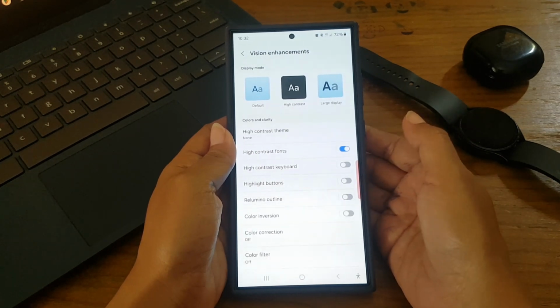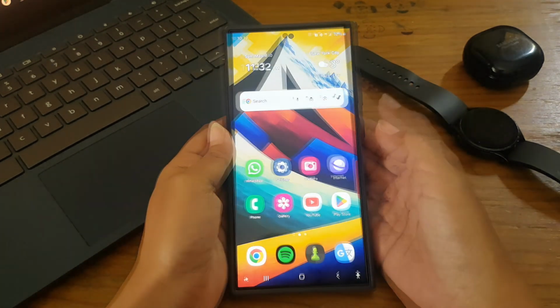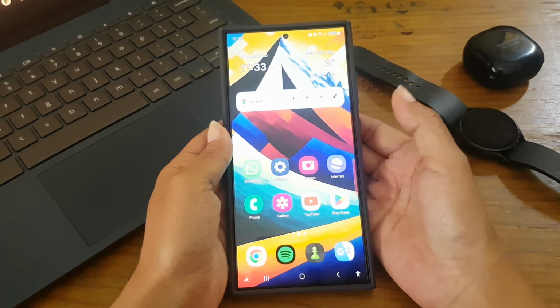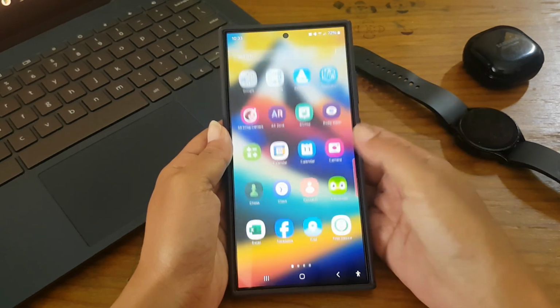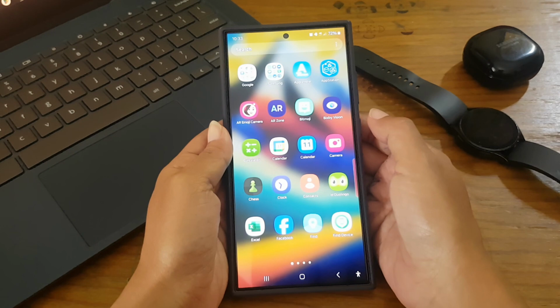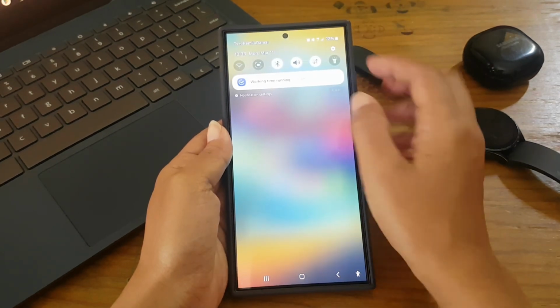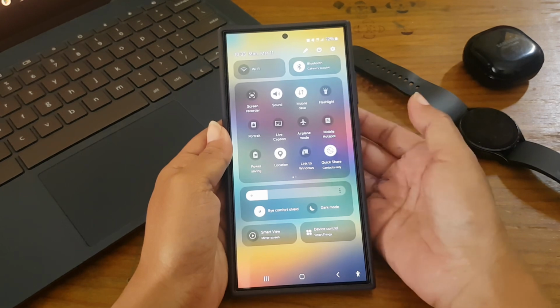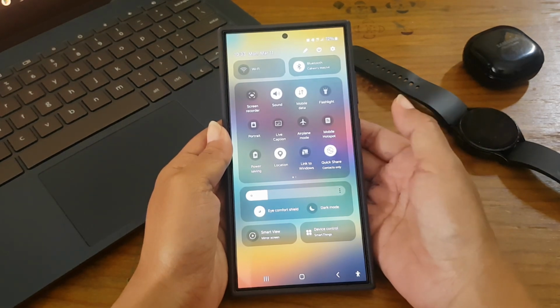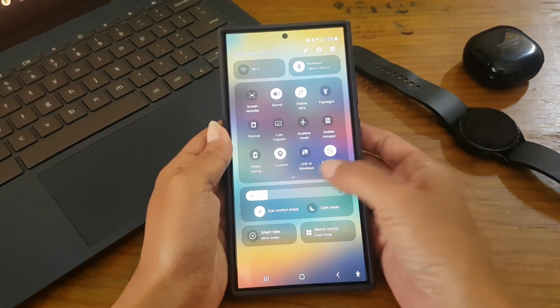When this feature is on, your phone will adjust the color and outline of fonts to make them stand out. As you can see, the font on the home screen, on the app screen, on the notification panel, on the quick panel, and anywhere are no more bold and are using outline to make